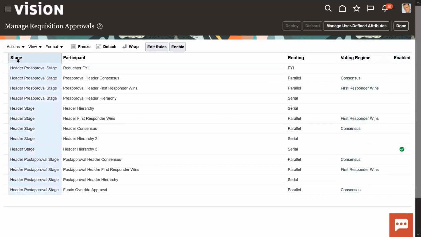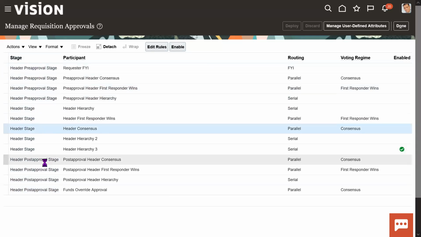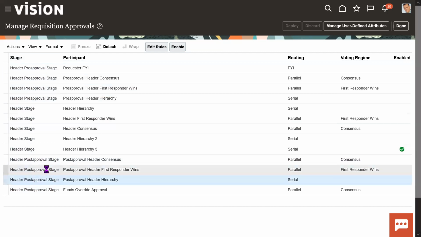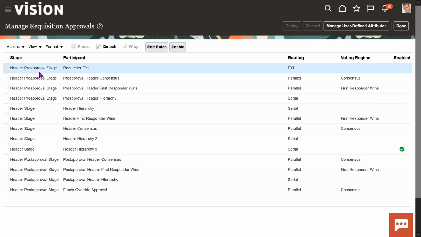And this is nothing but stage. Okay, so here you have pre-approval. Three stages are there: pre-approval, then main approval, and post-approval. Post-approval, 3 stages of approvals are there. Okay, so these 3 stages of approvals are nothing but,